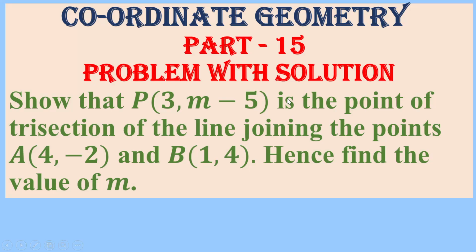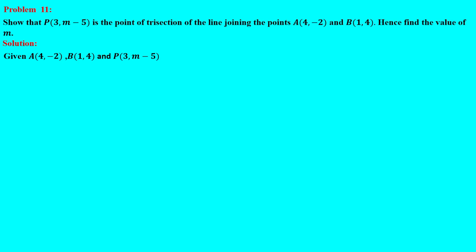Show that P(3, m minus 5) is the point of trisection of the line joining the points A(4, minus 2) and B(1, 4). Hence, find the value of m. So, given A(4, minus 2), B(1, 4) and P(3, m minus 5), we need to prove P(3, m minus 5) is the point of trisection of the line joining A and